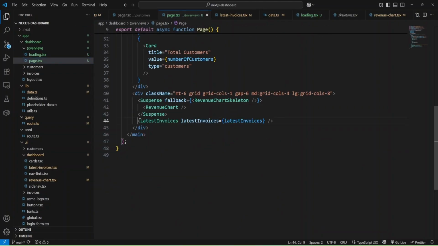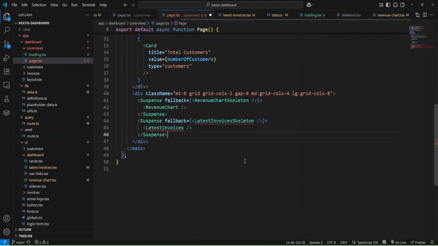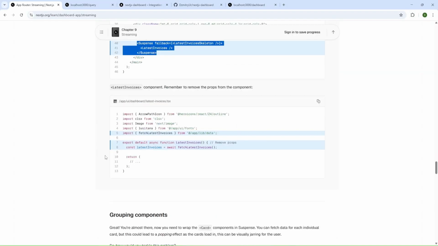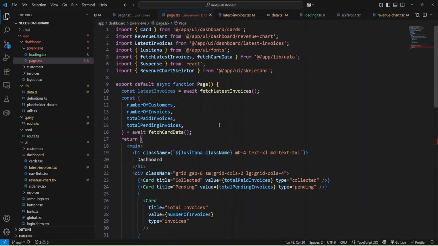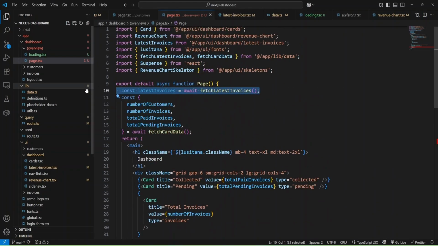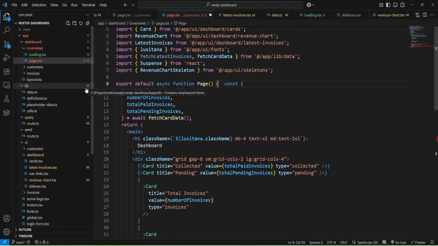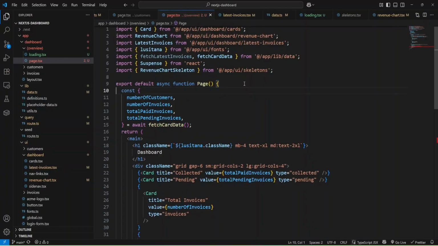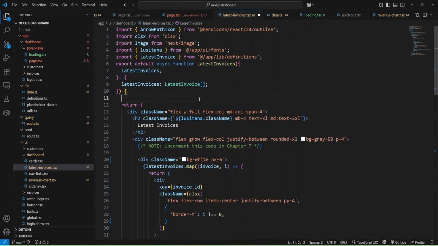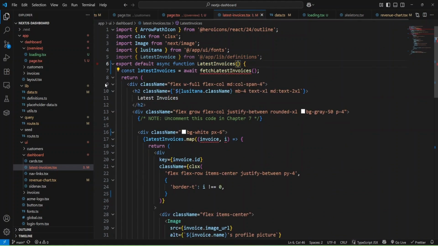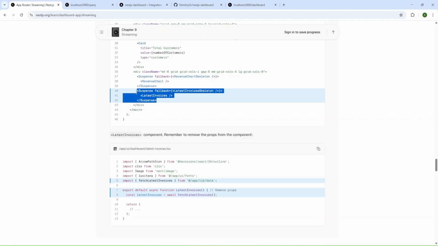Inside page, we need to add it here, and modify latest invoices by removing this, and we'll add it to latest invoices here, and we need to remove props. Okay, and also add import here.